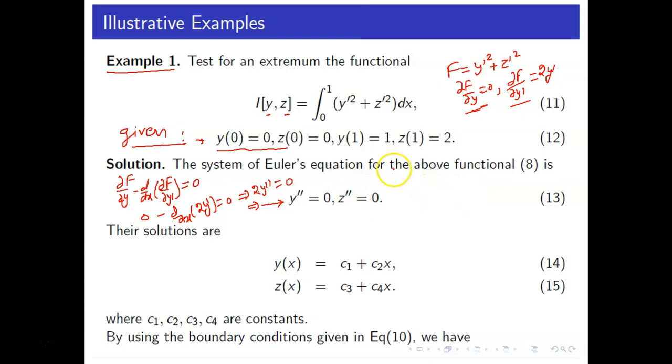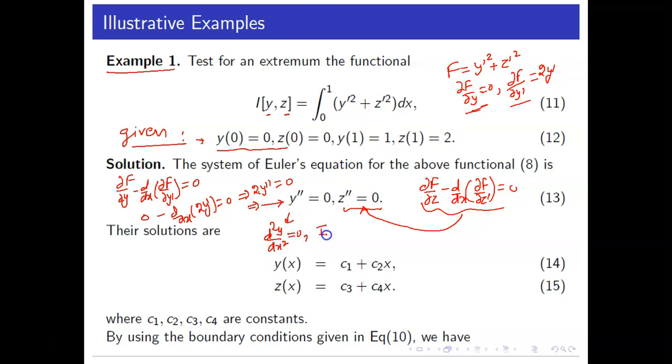Exactly in the same manner, corresponding to z, we have the Euler equation curly f over curly z minus d by dx of curly f over curly z dash equal to 0. Using this equation in the same manner, you get z double dash equal to 0. So this is nothing but d square y by dx square equal to 0, integrating two